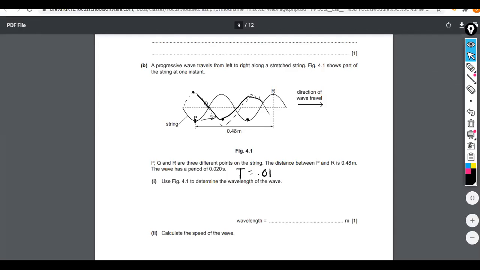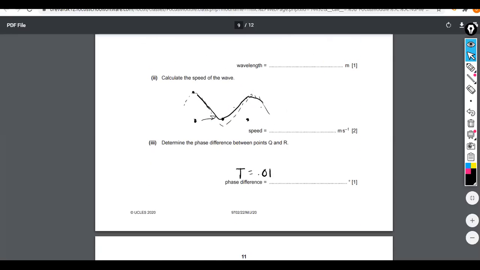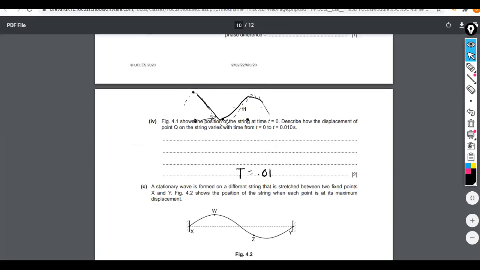It's nothing as tricky as paper 1. Some paper 1 questions are pretty tricky. Paper 2 is usually pretty straightforward. If you know the physics, there's nothing too tricky about it. So I would say